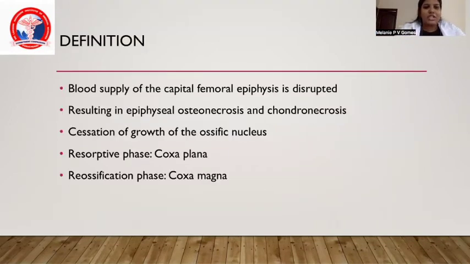I'll be talking about Perthes disease today. By definition, it is a condition in which the blood supply of the capital femoral epiphysis is disrupted, resulting in epiphyseal osteonecrosis and chondronecrosis with cessation of growth of the ossification nucleus. The necrotic bone is eventually resorbed and replaced by new bone. During the resorptive phase, the mechanical properties are weakened such that the femoral head develops a flattened deformity called coxa plana. During the reossification phase, the femoral head resumes growth with some overgrowth, coxa magna, and remodels to